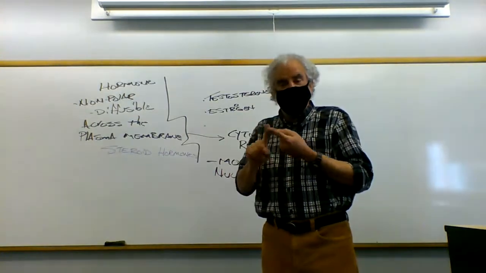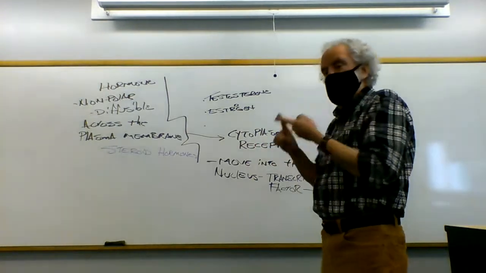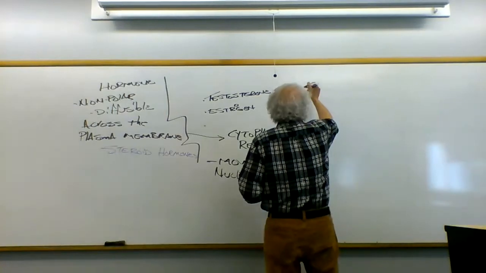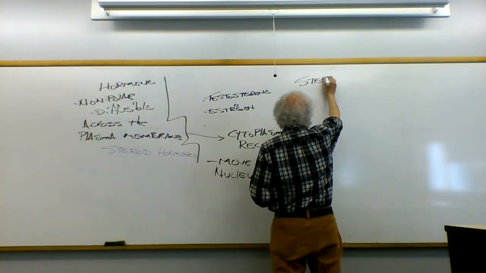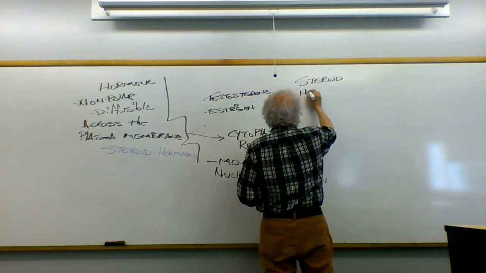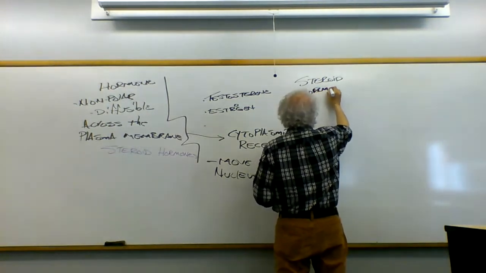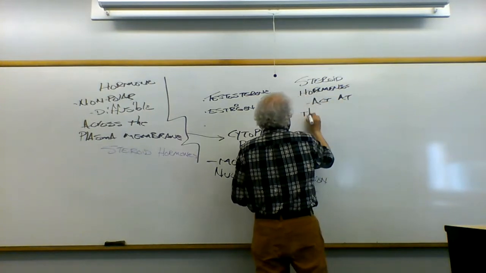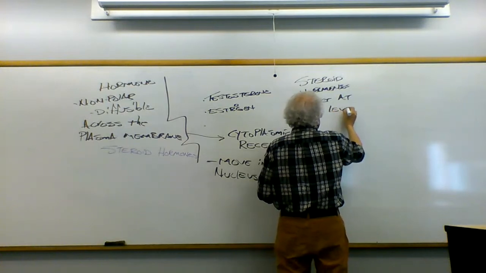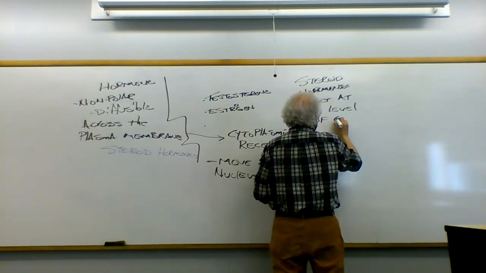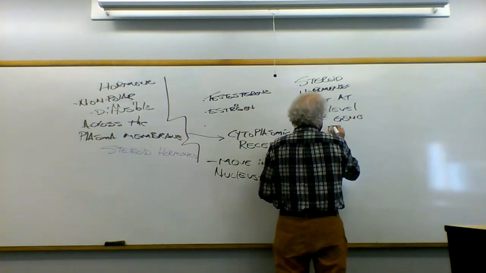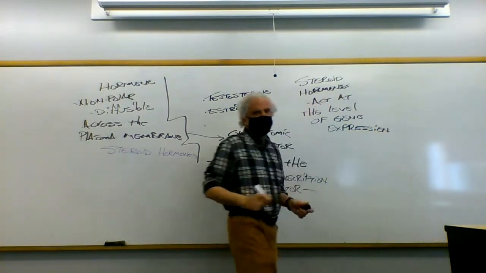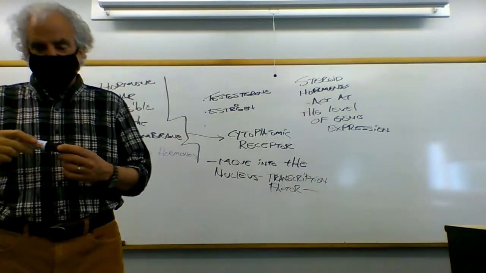So what we can demonstrate from this is that steroid hormones act at the level of gene expression. Important enough that we'll write that here on the board. So steroid hormones act at the level of gene expression. So the steroid hormone receptor is a transcription factor just waiting to be able to get escorted into the nucleus